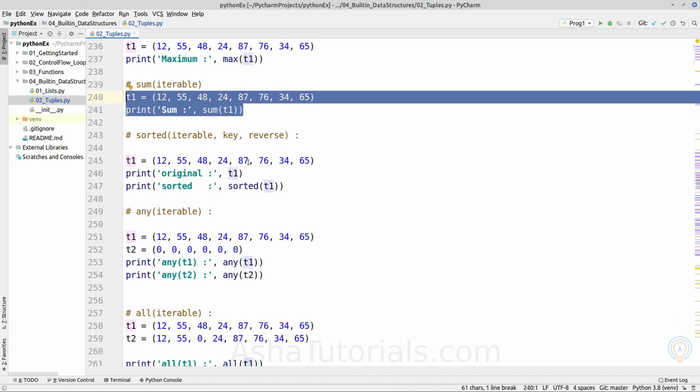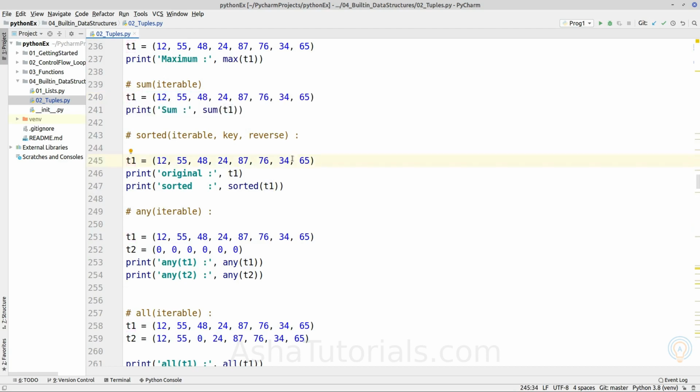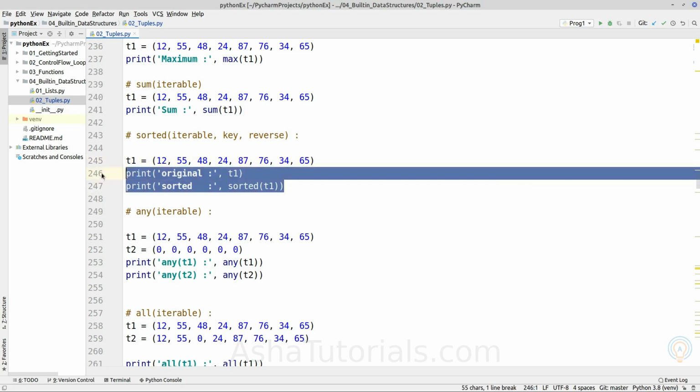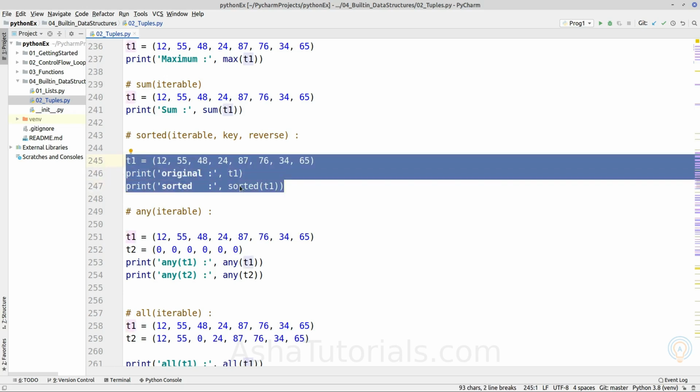Now next method is sorted. So it is also same as we saw for the list object. It will return elements in a sorted manner.